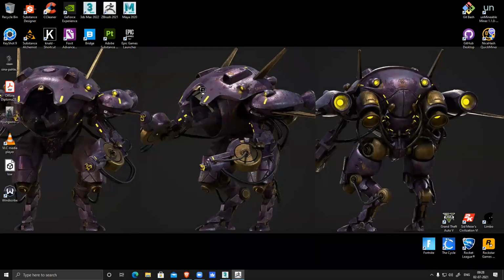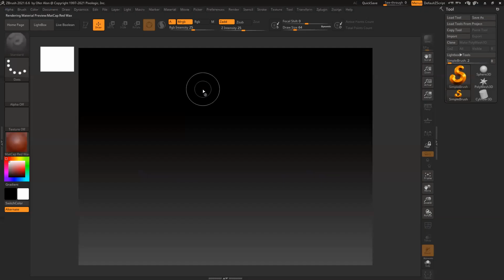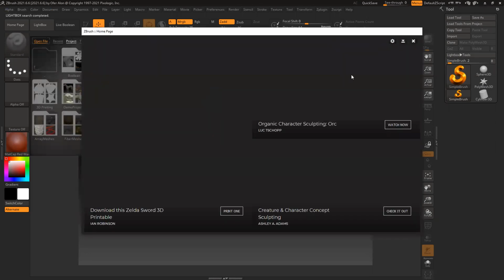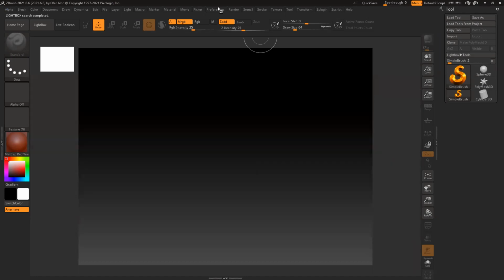For the base, I haven't spent much time, just blocked out everything really quickly. So use your time wisely and block it out really quickly, because in ZBrush we have to add all the details, so we need more time there. And then after that I have to retopo the model also, so we need time there also, plus UV and texture. UV will take little time and texture won't take much time, but I guess you will be using Substance for the first time, so I have to go a little slow there.